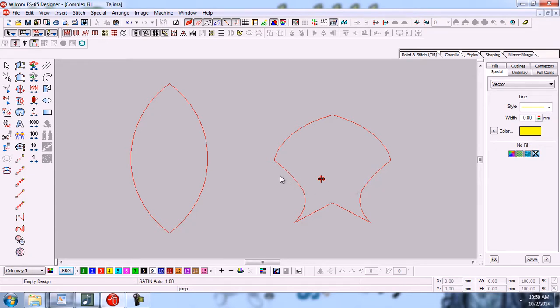This type of design we can make with Input B or in complex fill or fusion fill. In this video we will make this object with Input B, because our topic of this video is Input B.